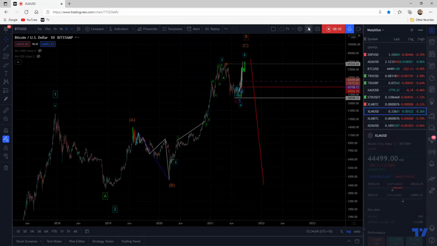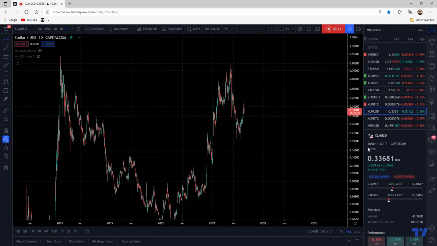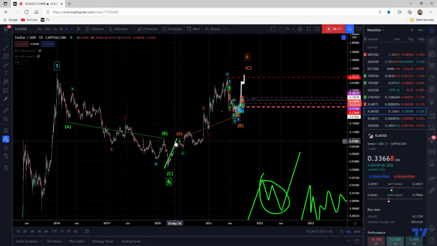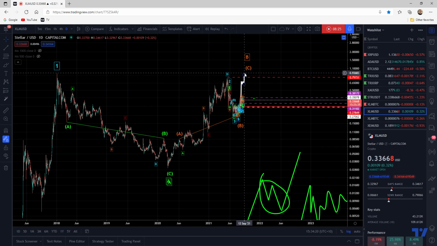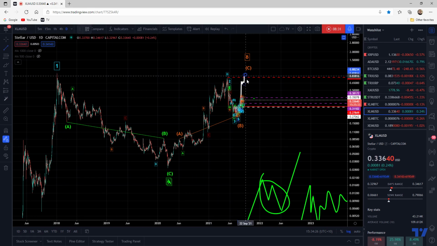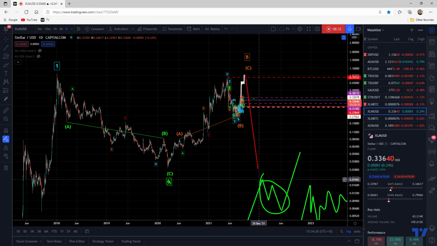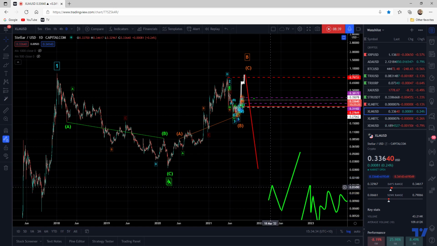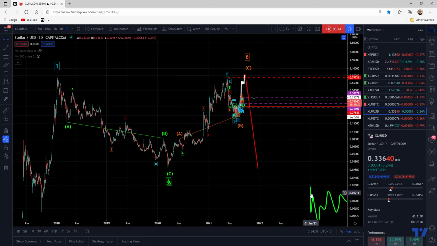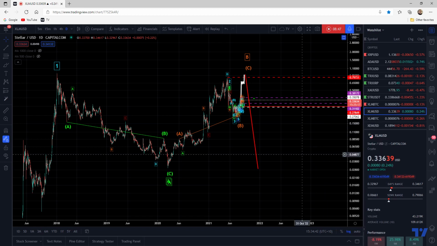Now, back to XLM. Same thing, in my opinion, is happening. This particular wave B was just a different kind of wave B, more like a type 2 expanded zigzag. Also looking for one move up to complete before we start to see a move down in wave C, right? Now, what comes after this is actually really, really cool, really important, and I'm not going to reveal it just yet, right? And the reason is because